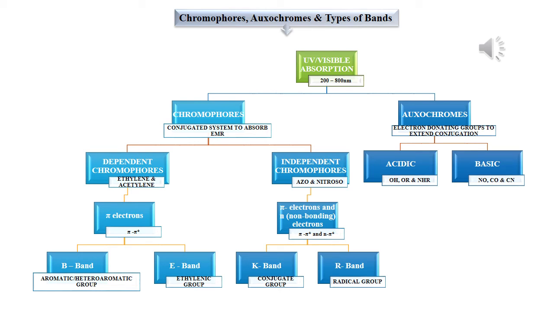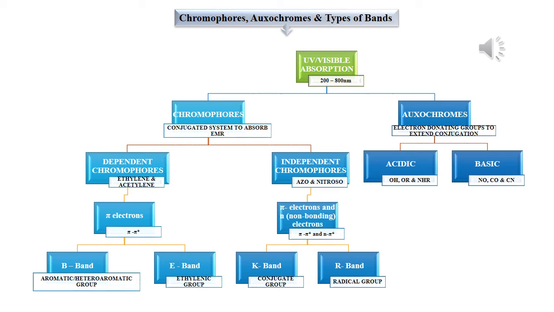And what is the oxochrome? What is the role of it? It will not directly absorb UV visible radiation, but it has an influence on the chromophore. What influence does it have? It is extending the conjugation, or extending the chromophoric nature in the molecule. How will it extend? What is the role of it? It will be donating its electrons, so there is a group of compounds of electron donors. So the electron donating groups are called oxochromes,